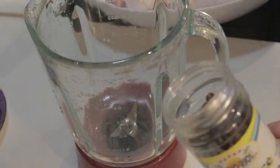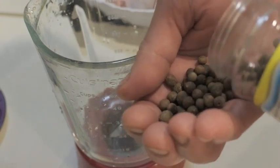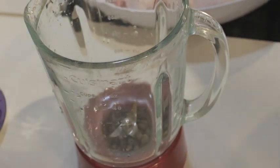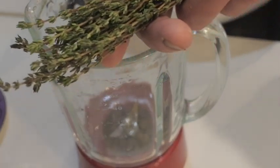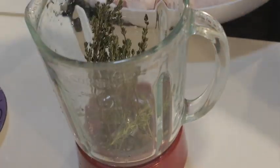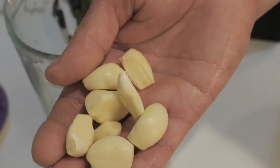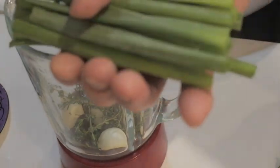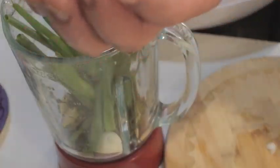Okay, we're going to add a handful of pimento seeds. This is what gives it a wonderful flavor and aroma. We're going to add thyme. Add a whole head of garlic. Scallions. Half of a yellow onion,